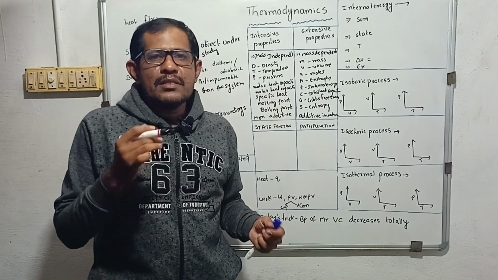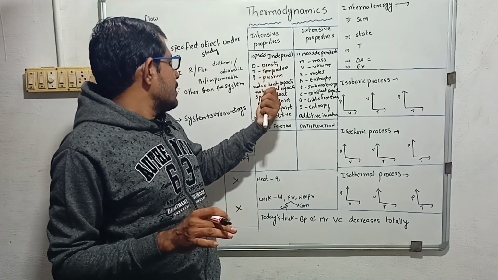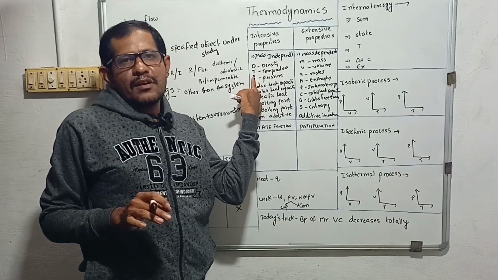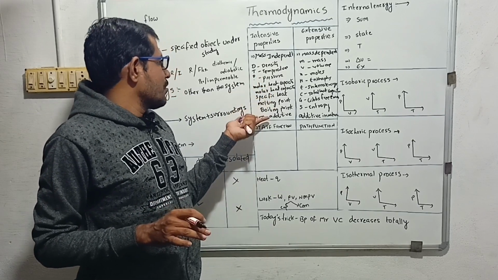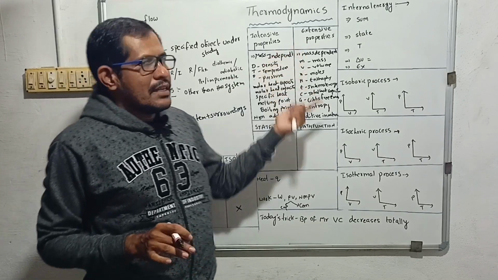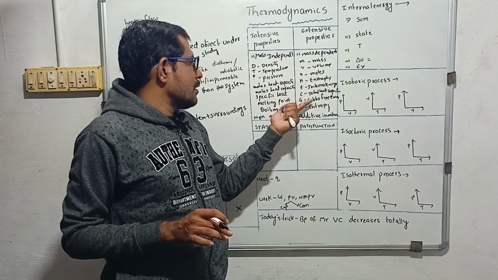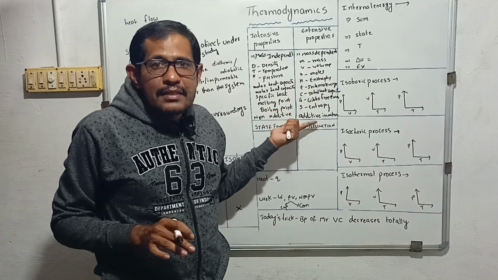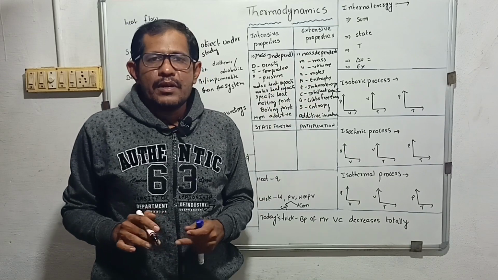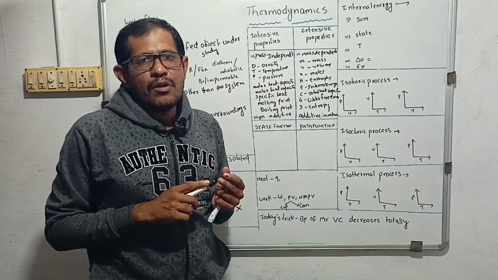So an intensive property is mass independent, and an extensive property is mass dependent. Density, temperature, pressure and dielectric constant, molar heat capacity, specific heat capacity, melting point and boiling point are intensive properties. Coming to the extensive properties: mass, volume, moles, enthalpy, internal energy, total heat capacity, Gibbs free energy and entropy are extensive properties. I think now you got a clear idea about intensive and extensive properties, right?